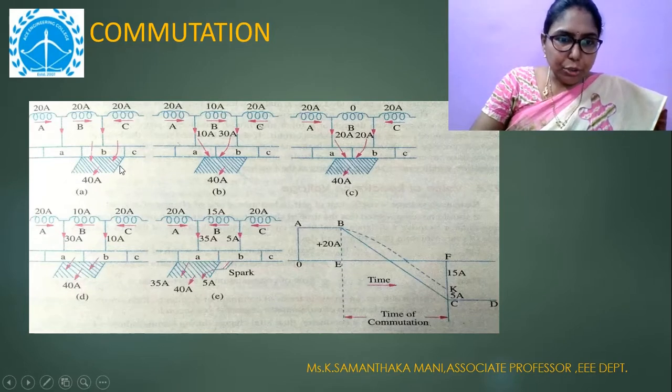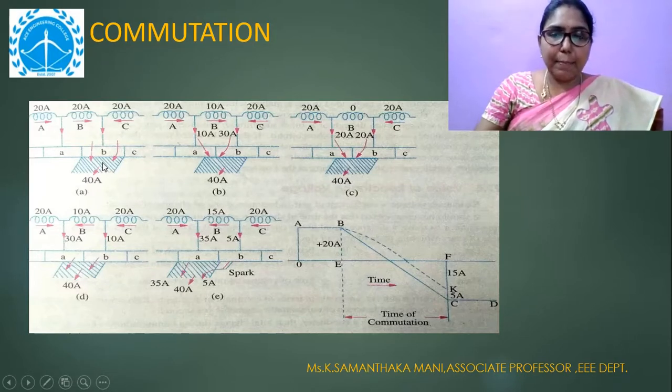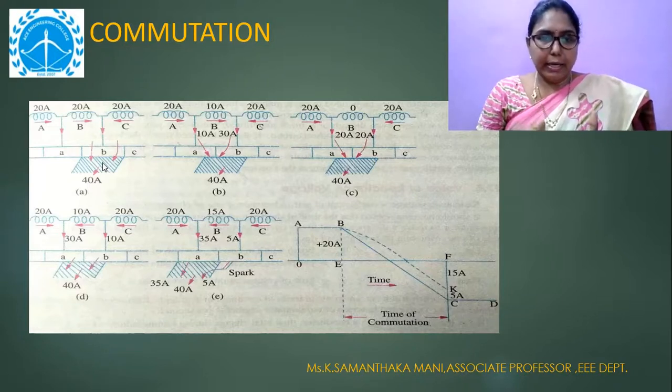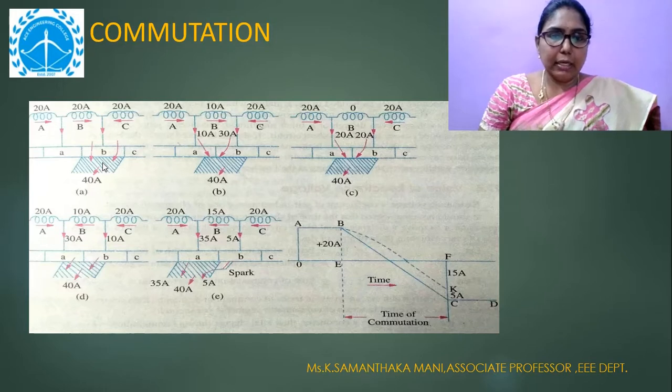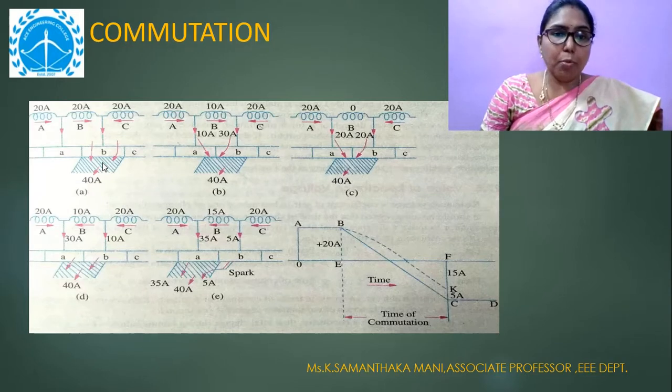And there is a brush shown with hashed areas. One point we need to remember is that the brushes always collect the same current. Suppose I am designed for 40 amperes collected by the brush through the commutator segments; the brush always has to collect the same amount of current from the